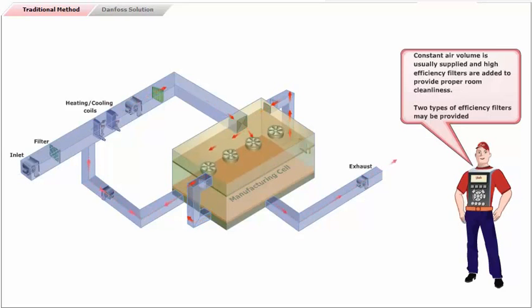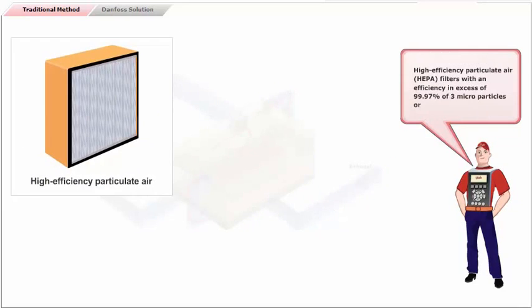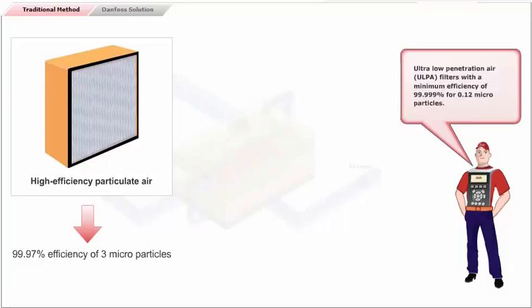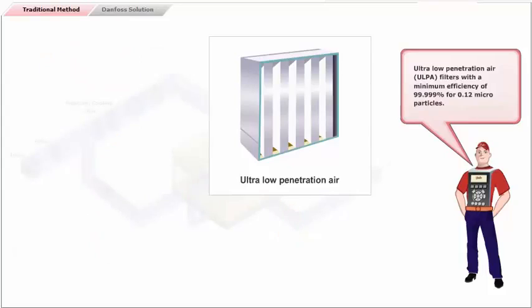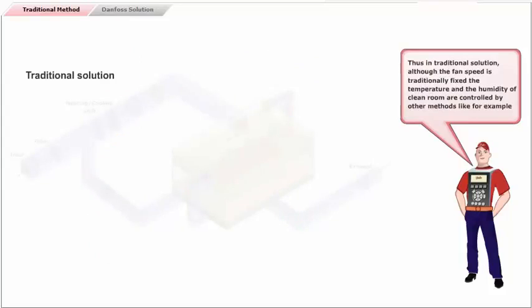Two types of efficiency filters may be provided: high-efficiency particulate air filters with an efficiency in excess of 99.97% of free microparticles, or ultra-low penetration air filters with a minimum efficiency of 99.999% for 0.12 microparticles. Thus, in the traditional solution, although the fan speed is traditionally fixed, the temperature and the humidity